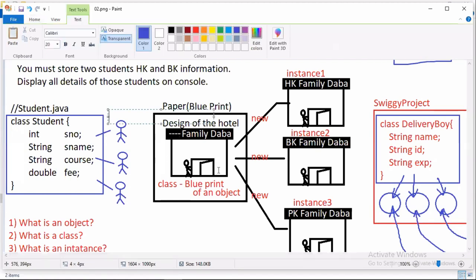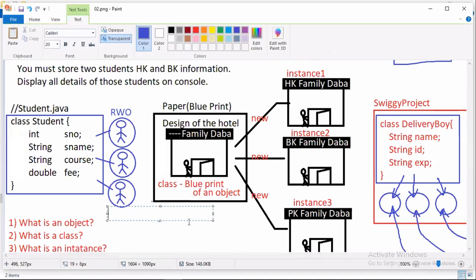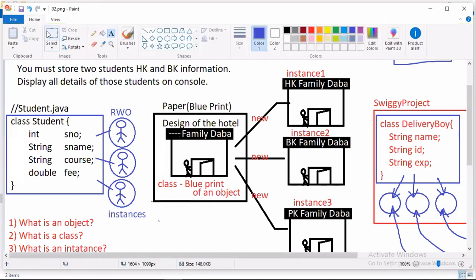All these students are real world objects. So this is our target. These real world objects in the programming world are what? Instances. So tell me, what is the full code?